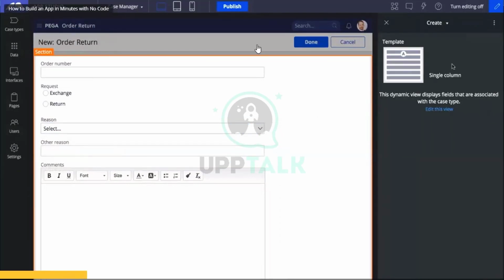So we got high level details, within 4 fields we achieved one complete form. Here the user can enter the order number, click whether it is exchange or return, or a total return. Here he can click on the reason for return, and any other reason also he can give. Within a less amount of time, we have completed one major part of